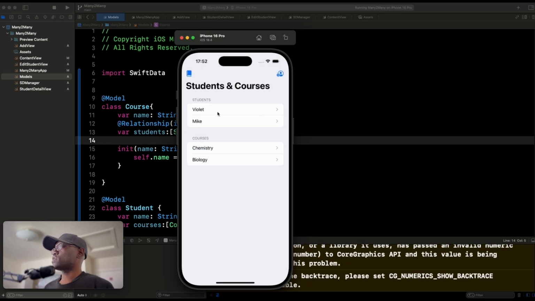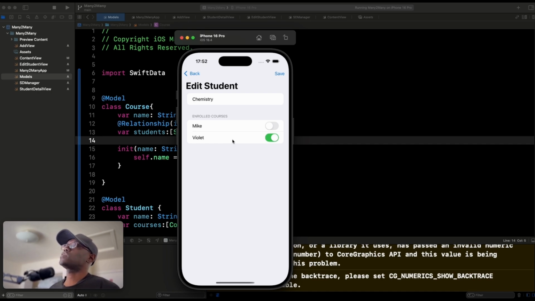Violet is one of the students, and so we can set Violet to take chemistry, right? And then you can hit save, and when you come out in chemistry, you're going to see that Violet is one of the students who takes chemistry, right? So that's basically our app, and what we want to do now is move all the functionality